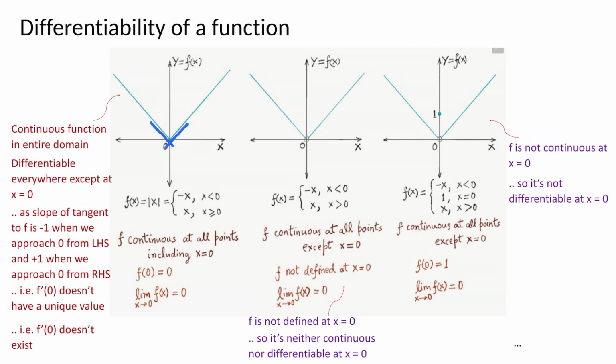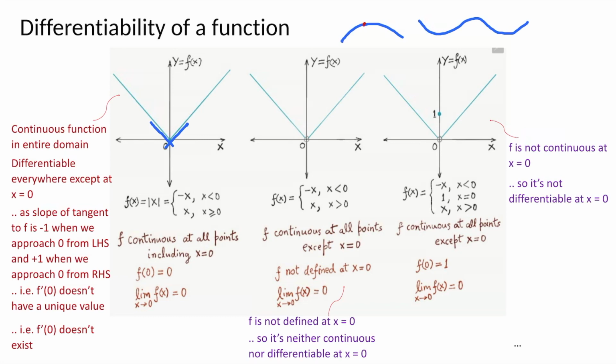Okay, let's try to generalize this into an intuitive feel. So when would a continuous function be differentiable? First thing, I hope you've understood that a function has to be continuous. Only then might it be differentiable. A discontinuous function would never be differentiable at the point where it is not continuous. Now, when you have a continuous function like this, where it has a smooth curve, whatever point you take, even the point where it is curving,